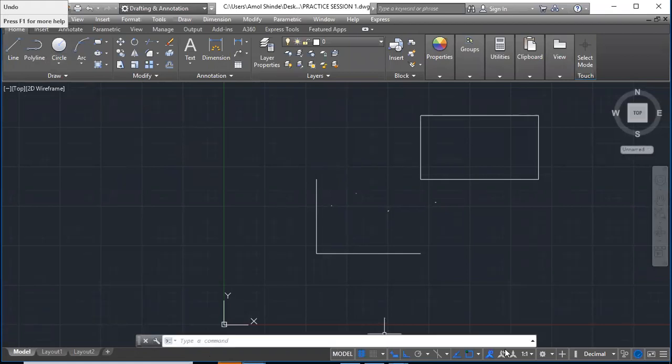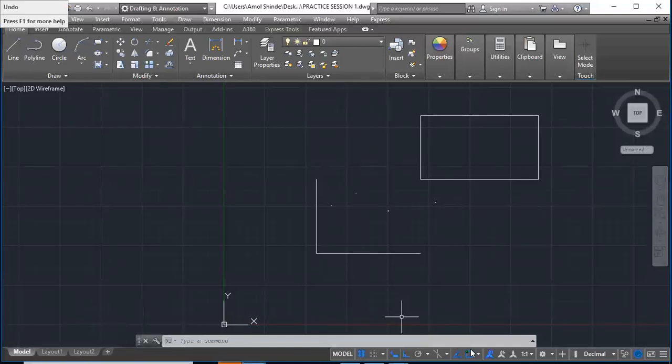Okay, so we have done all the settings. I have explained about the status bar, and I will repeat it. You have to keep grid mode on. Then you have to switch on this dynamic input. You have to select ortho mode. You have to turn on the ortho mode to draw straight lines or perpendicular lines. Then you have to keep this object snap tracking on.